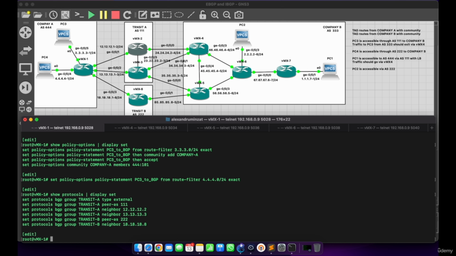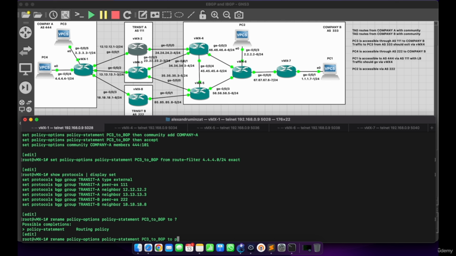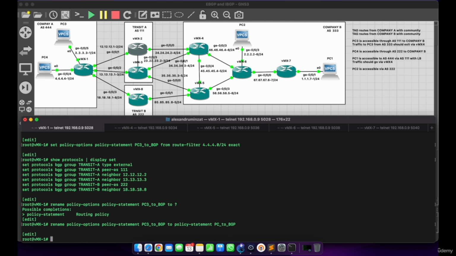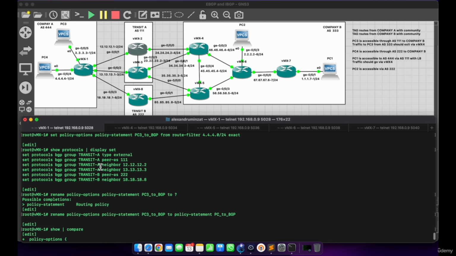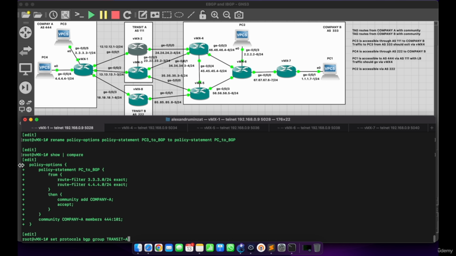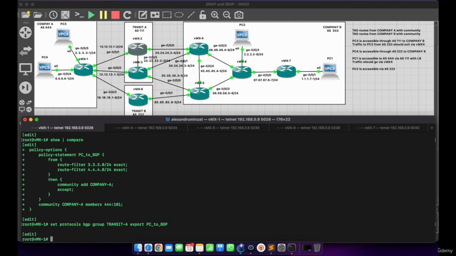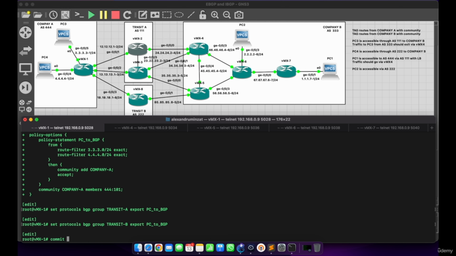Actually, now that we decided that we'll do that, maybe I should change the policy name so we have everything here nice and clean. So I can go with rename to policy statement PC to BGP. Let me check. And the new policy is called PC to BGP. That's perfect. We can add it under transit A group as an export policy, and we can add also under transit B. If I'll go ahead and commit it,